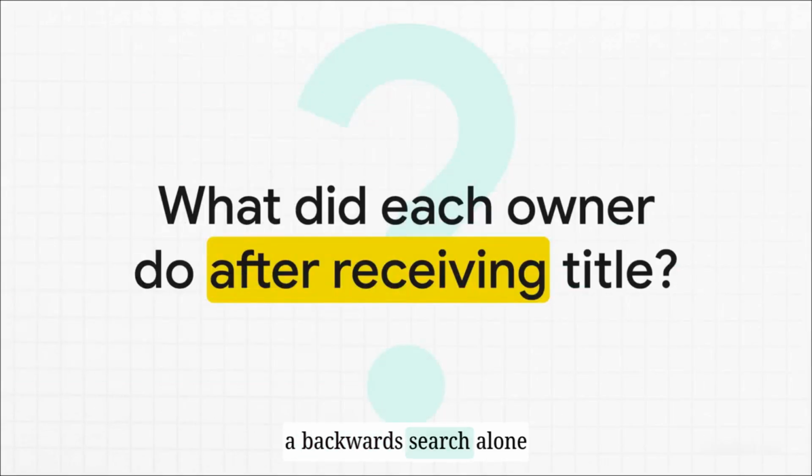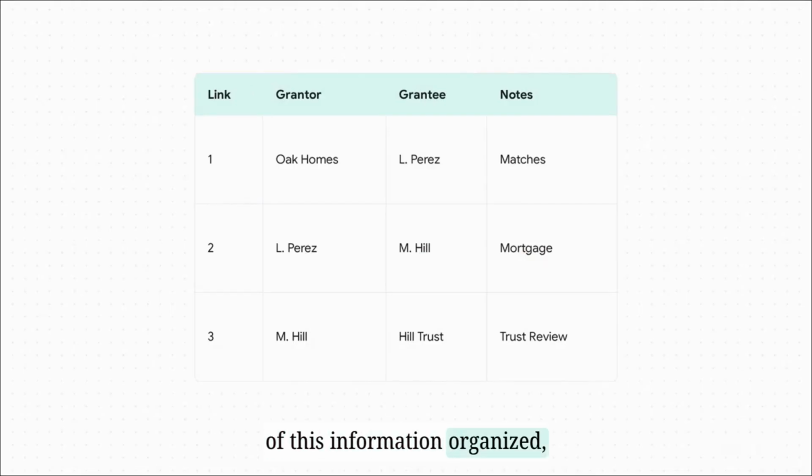But wait, a backward search alone isn't going to solve our mystery. You also have to do a forward search. Once you've traced the title all the way back, you literally turn around and search forward in time. You have to ask yourself, what did each owner do during the exact period they held the title? Did they mortgage the property? Did a judgment attach to them? Did they transfer the property into a trust? Or worst case scenario, did they sign competing deeds to 2 totally different people? The forward search exposes all those hidden traps that a backward search might just skip right over. Now, to keep all of this information organized, the best tool in your arsenal is a chain of title table.